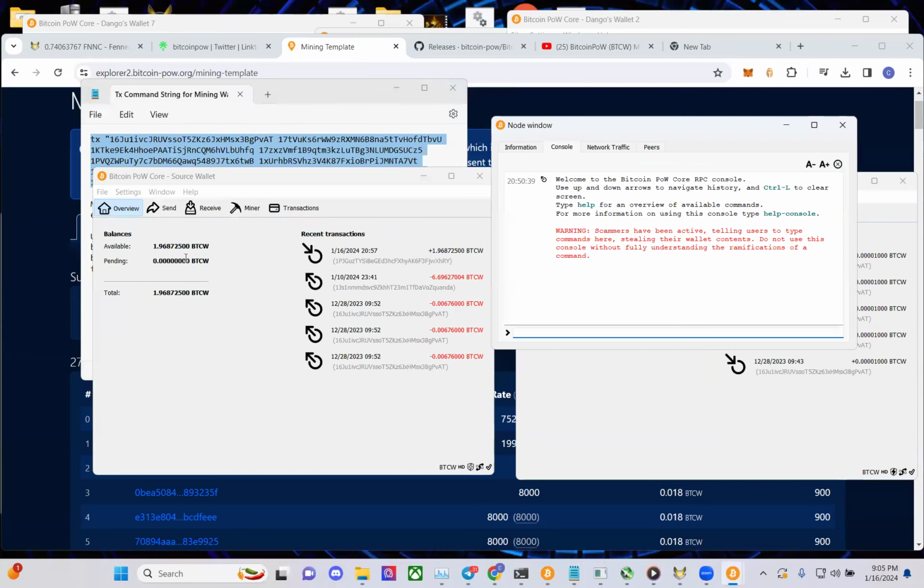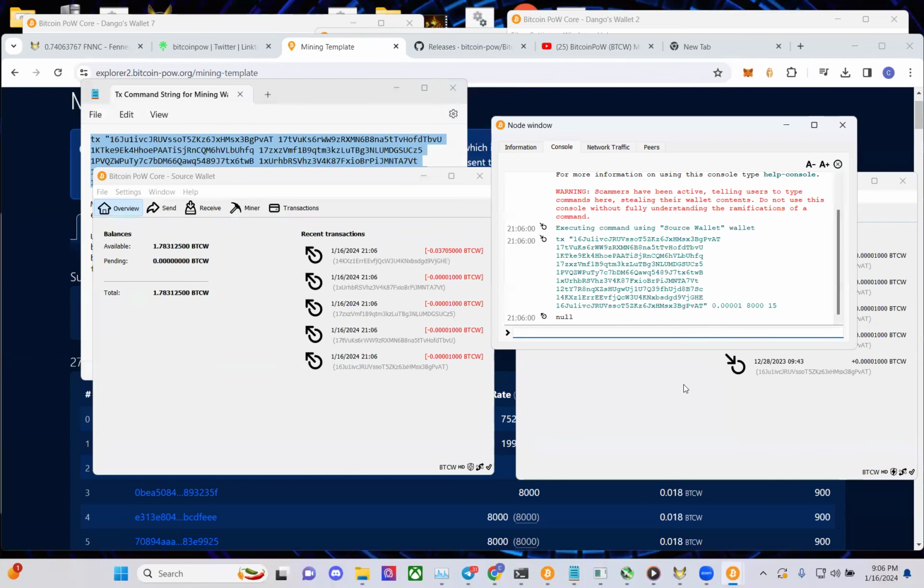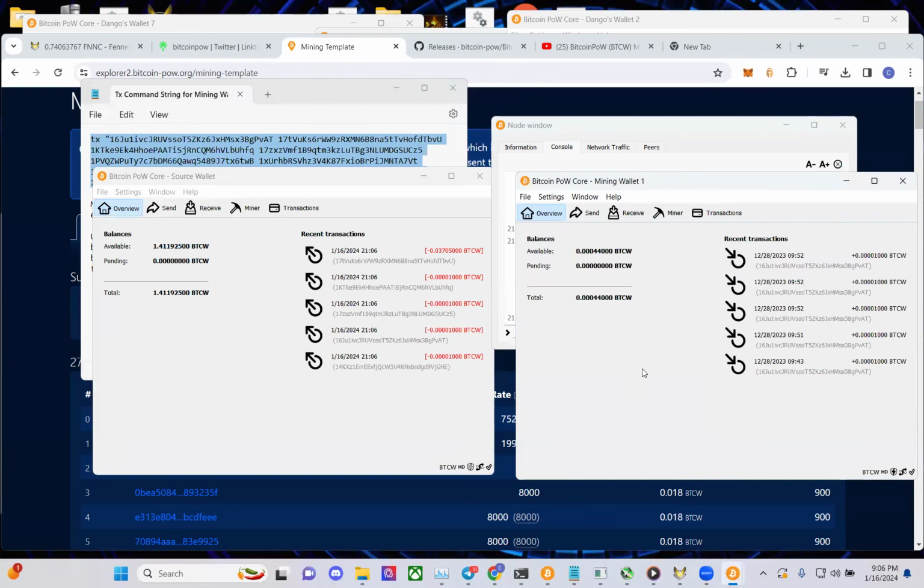We're going to go to console. So we go to window, console, here we are. And then you're going to simply paste that command, hit enter. Boom. Look at them go. Bam, bam, bam. We just knocked a bunch of transactions over. Now we're receiving. Boom, boom, boom. January 16th. Unconfirmed, but if you notice, we just put through about 120 transactions for half a coin, which means